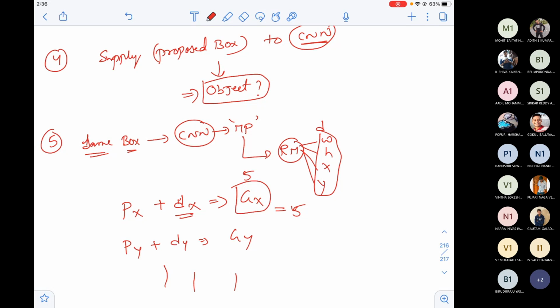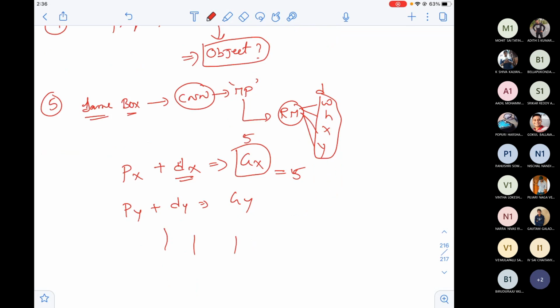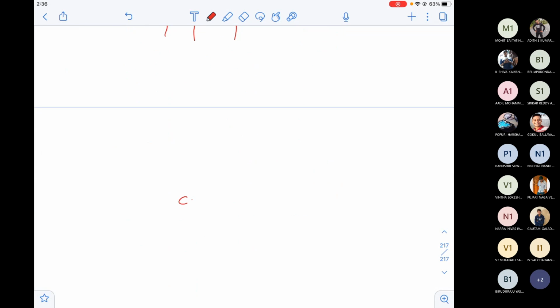Now, what is the drawback? I could somehow get the object name, and I can also get the coordinates. Over a period of time, I backpropagate and ensure that the coordinates are perfect and the object name is also perfect. But what is the drawback? I think there are many drawbacks for this approach.